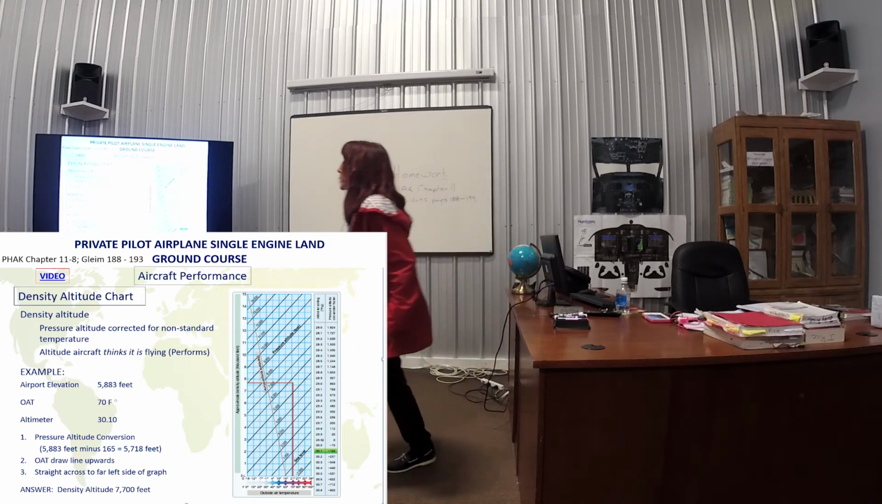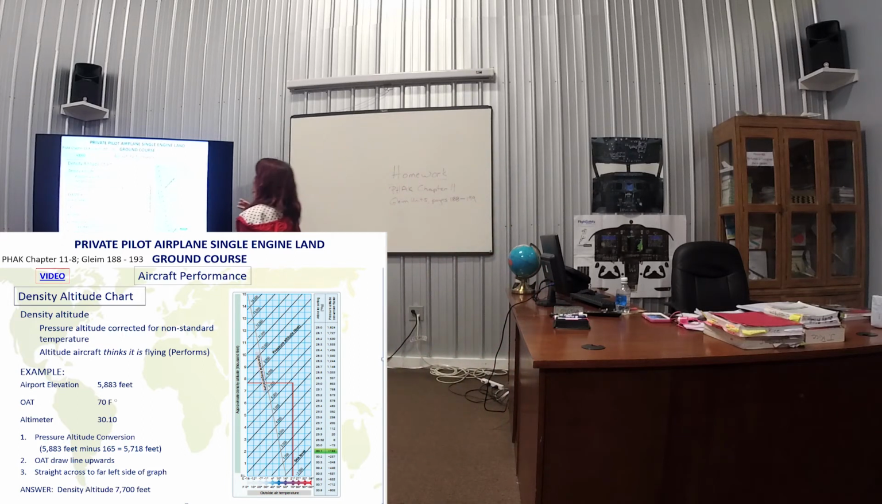Density altitude, this is right from the glide. Again, your homework, I'll pick from 188 to 199 different types of tricks. And that's how we start tomorrow. So density altitude is pressure altitude corrected for non-standard temperature, what the airplane thinks it's flying at. If you're using the chart,